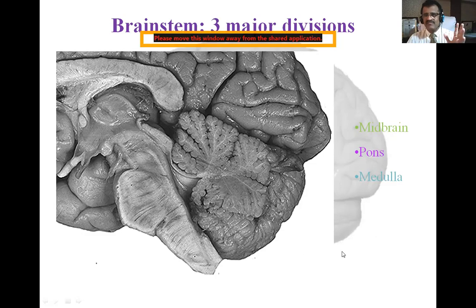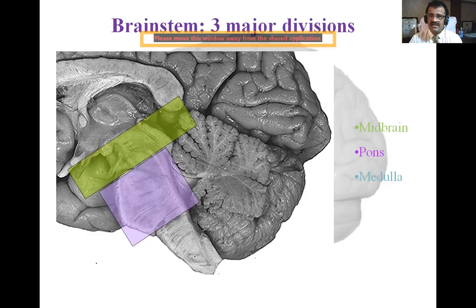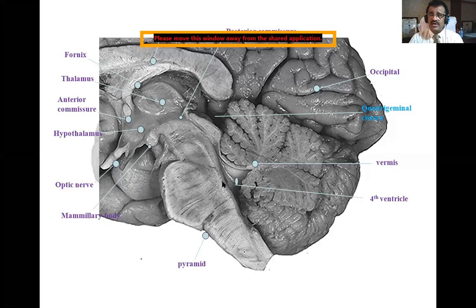For your better understanding, I am showing it in color. The midbrain is in light green color. We can see a strap. That portion is the midbrain, the mesencephalon. Now see the pons, in purple color. This is the pons, and of course this light bluish color is the medulla oblongata. These are the three major divisions of the brainstem. Okay, and the same image is shown to you again. Now you will not make a mistake in identifying the three parts of the brainstem: midbrain, pons, and medulla oblongata.